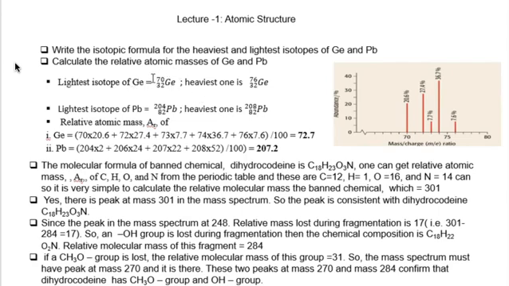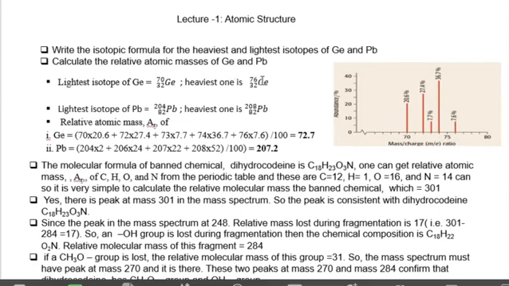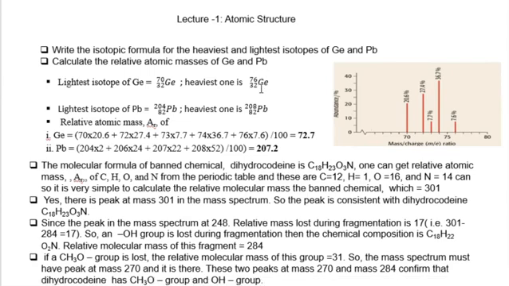So when we show the symbol of the lightest isotope of germanium, we have to refer to the lowest mass number, which is 70. And we usually also include the atomic number of germanium, and that is how the symbol of the lightest one looks. Similarly, we go for the heaviest one. This is the mass number 76, written in the superscript to the left of the symbol Ge, and 32